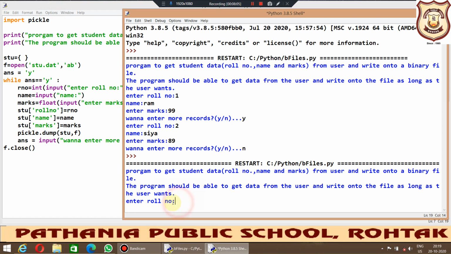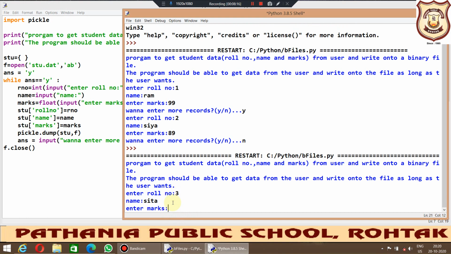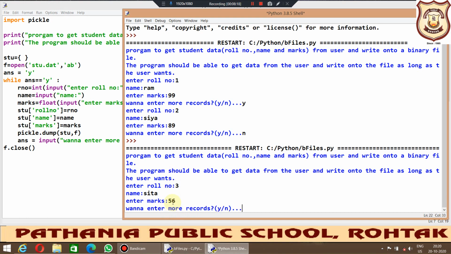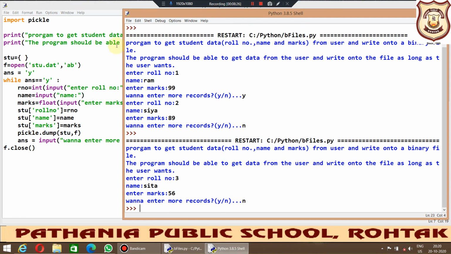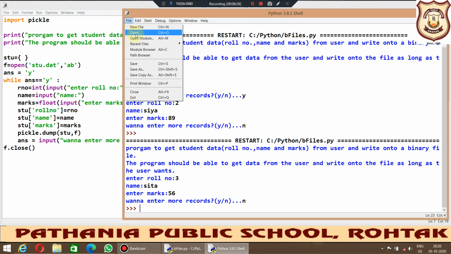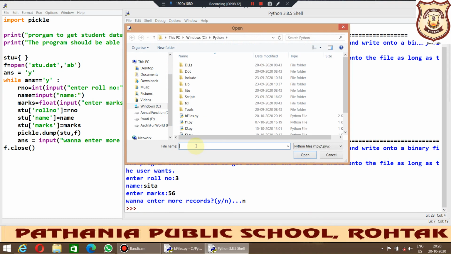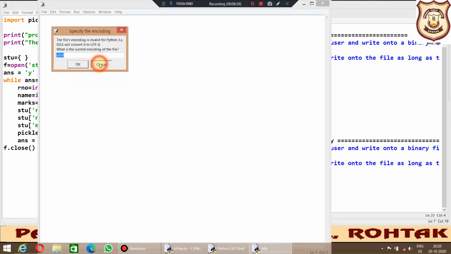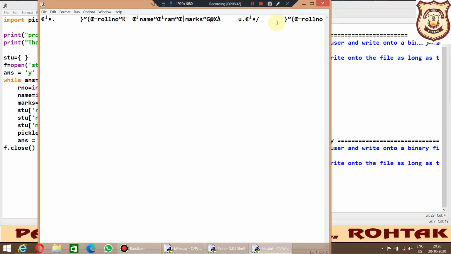So now you can see it is asking me to enter the roll number. So this time I am entering the details, and marks. Again I am entering. It is asking whether you want to write more details, meaning another record. So if I say no, it has come out. Now if we run this program and try to open that student.dat file, you can see the previous contents will be there and we have added more contents to it.